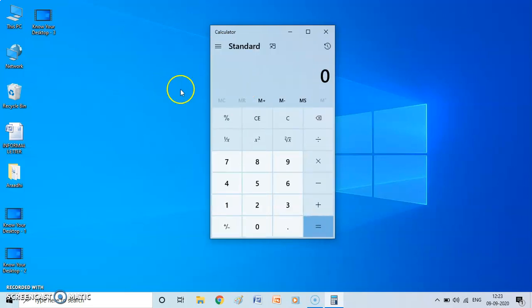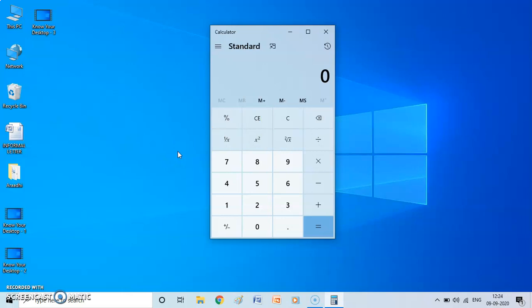Now there are a few buttons. This is backspace. This CE stands for clear entry. If you have written something wrong and want to erase it, you simply click on CE. If you want to correct just one digit, click on this backspace. Or if you want to clear the whole entry, CE. The C clears the display area. If I just want to clear the display area, I click on C. There are other things like memory clear, memory recall, memory restore, memory add, etc.